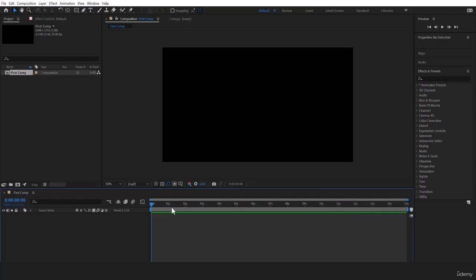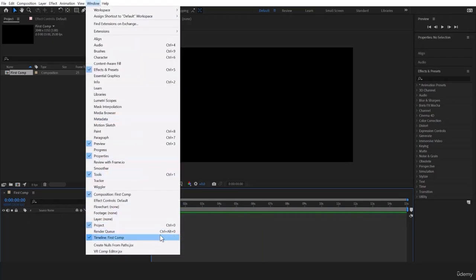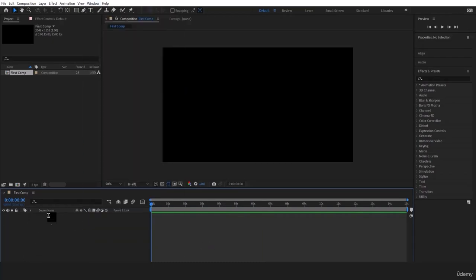So this is basically the work area bar over here. This is the timeline where we work. If I go to Windows, this is the timeline over here. It's already opened, and these are the areas where all your layers, footage, compositions, and assets would be appearing, and this is the timeline to view. This was all about the composition creation as well as changing the composition settings. Thank you.